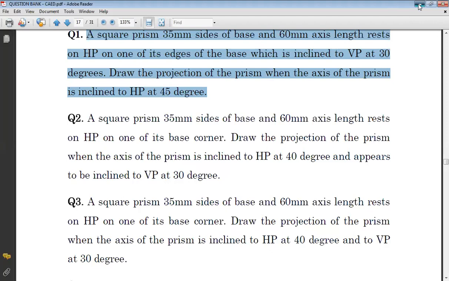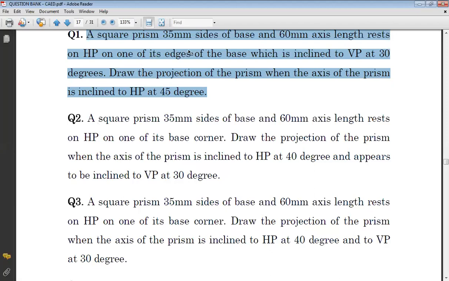Second position, axis inclined to HP. Here you have to understand the question.